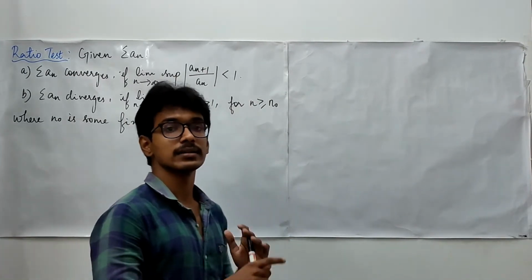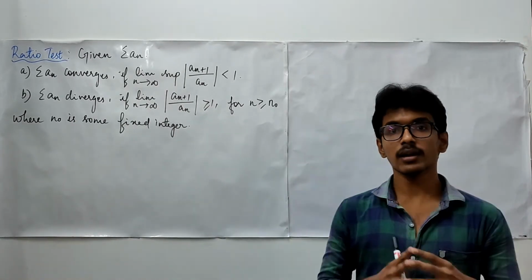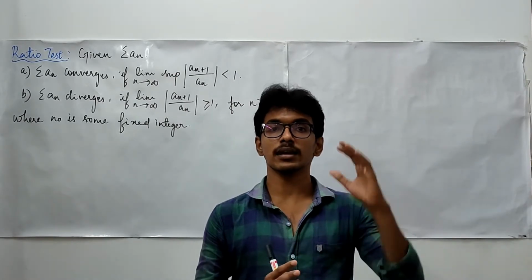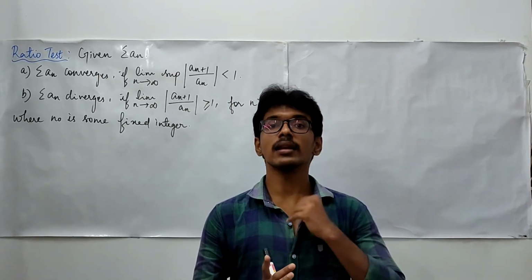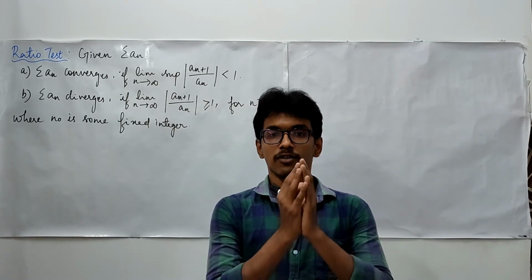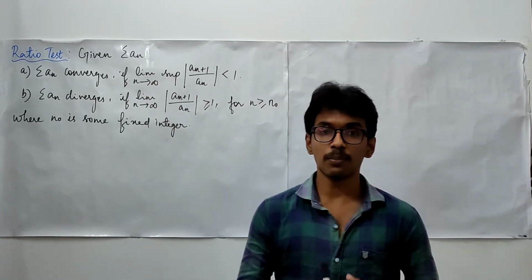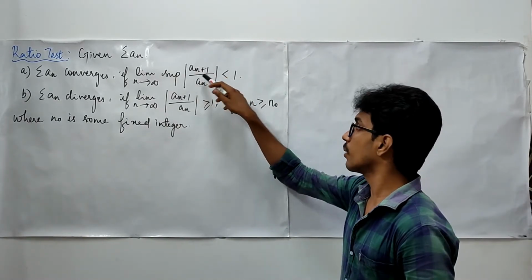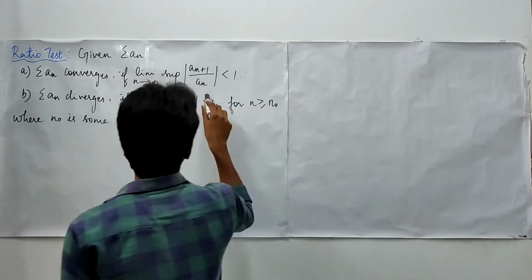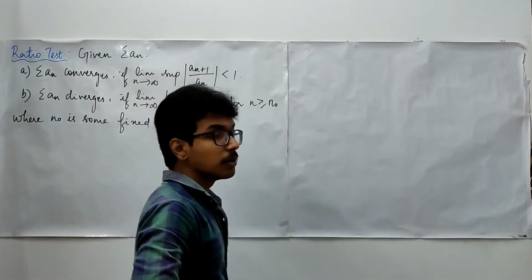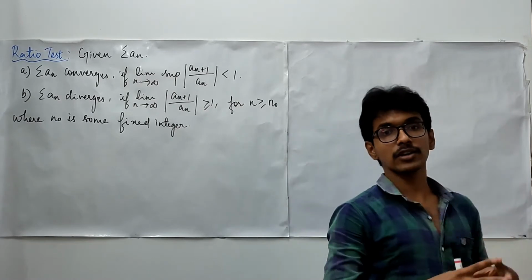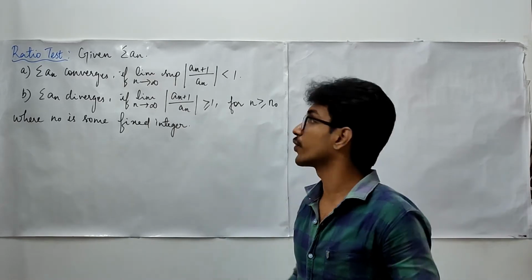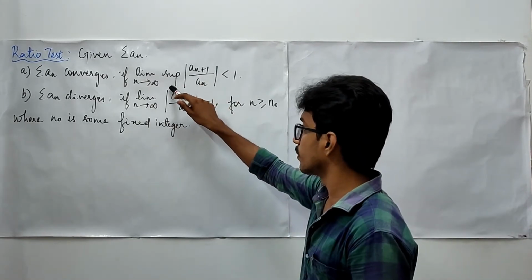Here we are given a series summation an, right? And for it we are finding the ratio of two terms, the general term an and the next term an plus 1. With the help of these two terms, we are forming the ratio an plus 1 upon an. We are finding this and taking the absolute value, right? Be it a positive term series or a negative term series, we are taking the absolute value to make that quantity positive. And then we are taking a supremum, okay?